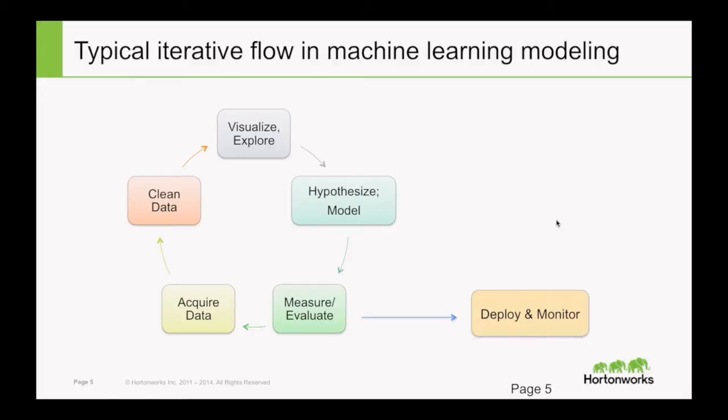Then you create a hypothesis, you build a model based on those features, you train the model, you evaluate whether it's good or not. And typically, in that phase, you do the cycle again. A lot of times in data science, you don't get it right the first time, so you have to iterate over and over again until you get it right. Once you get it right, then you can deploy the model to production, and then you do this phase called scoring, which we'll talk about more when we talk about PMML later on. But then you want to deploy and monitor this to implement it in production. So that's generally how the iterative flow works.